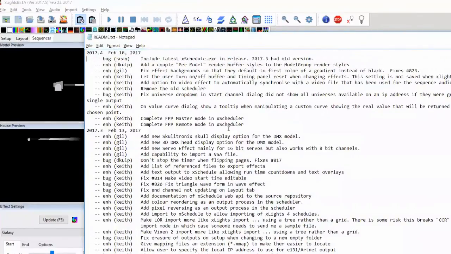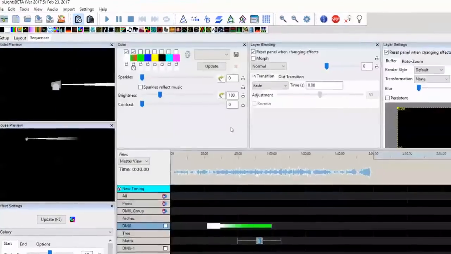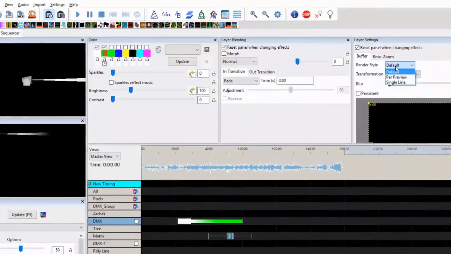Okay, so here are the additional render styles that Dan added. So per model render buffer styles and model group render buffer styles. Oh, it's actually the render buffer styles. Yeah, that's right. We were talking about that a little while ago, right? So that's here